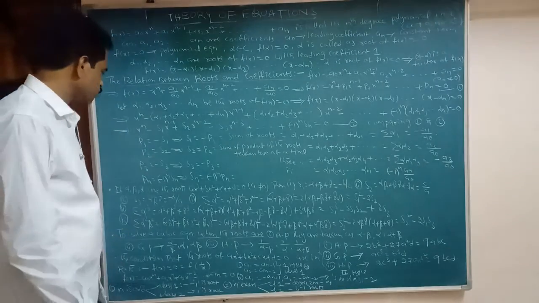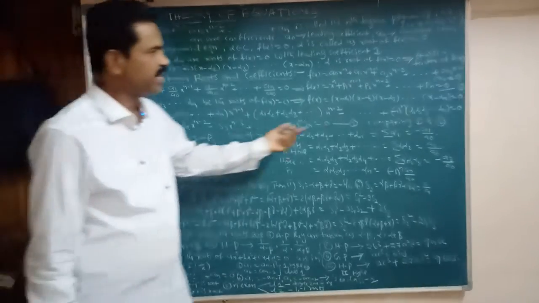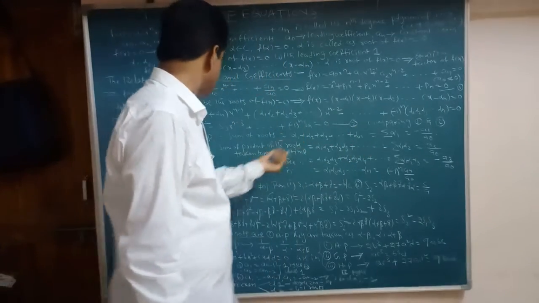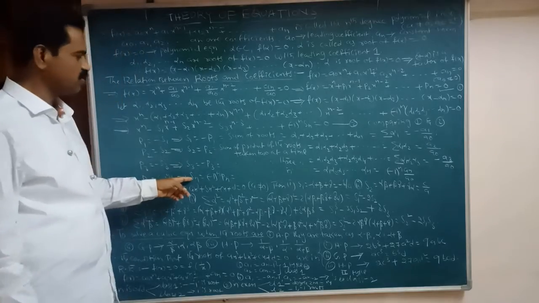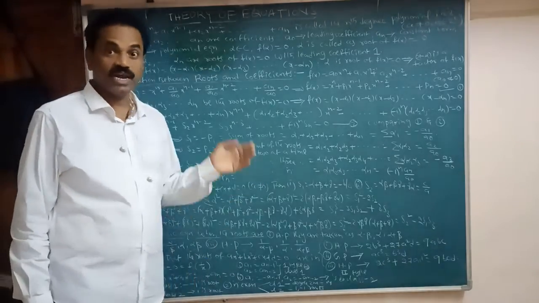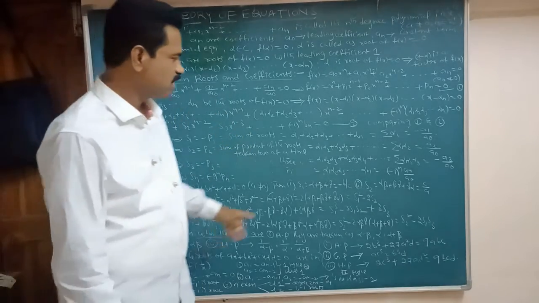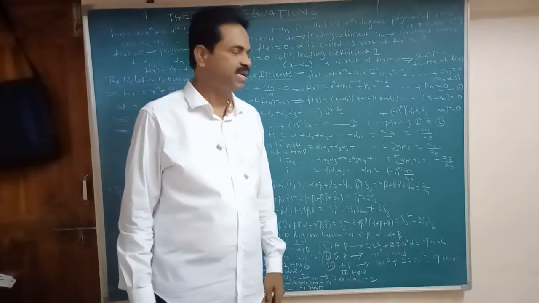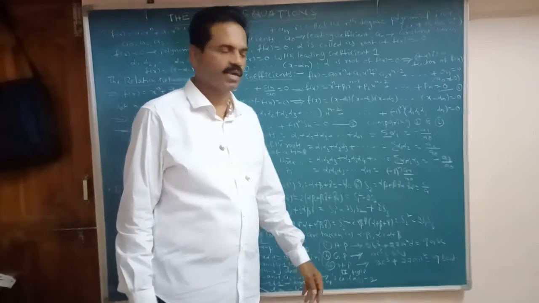And so on. Pn equal to what here? Minus 1 power n Sn, then Sn is the sum of the product of the roots, n roots taken at a time. So that is alpha 1 alpha 2 alpha 3, and so on up to alpha n, which is equal to how much here? Minus 1 power n an by a naught here.